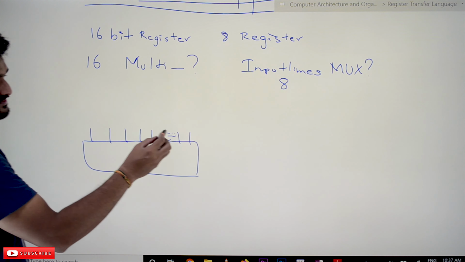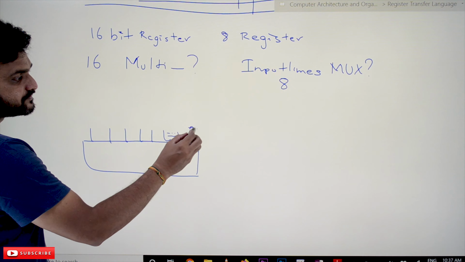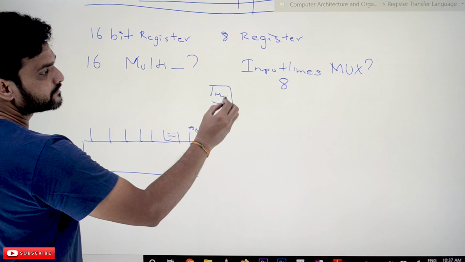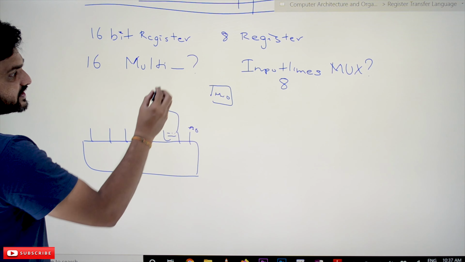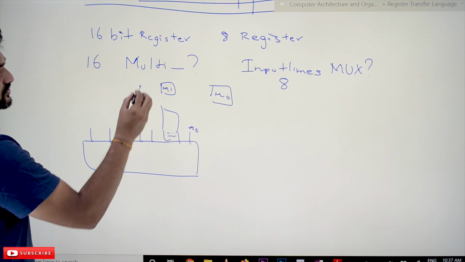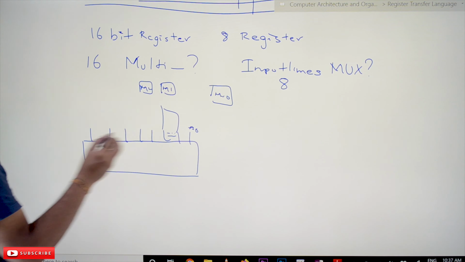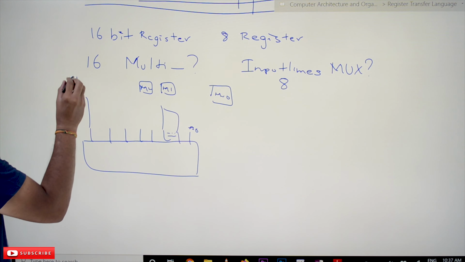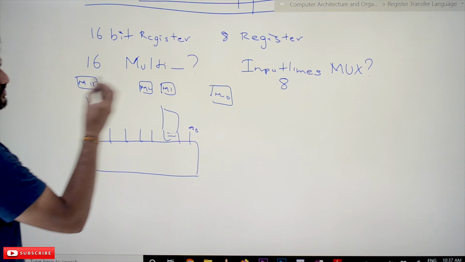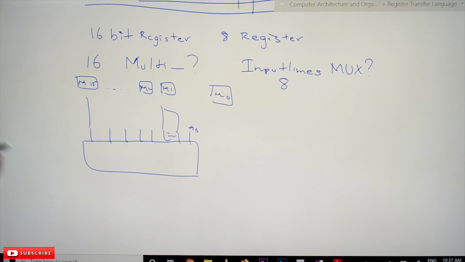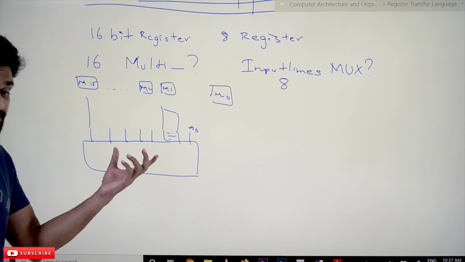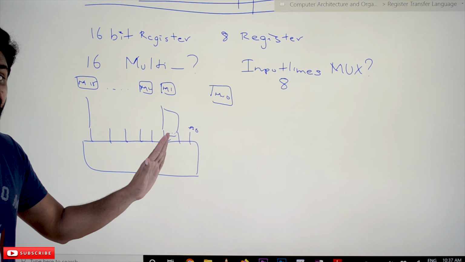a 16-bit register, the A0 of this will get connected to the first multiplexer, mux 0. Okay, and A1 will get connected to mux 1, and A2 will get connected to multiplexer 2. Similarly, A15 will get connected to multiplexer 15. So in total, 0 to 15 means we are having 16 multiplexers. We need 16 multiplexers because the number of bits of a register is 16.